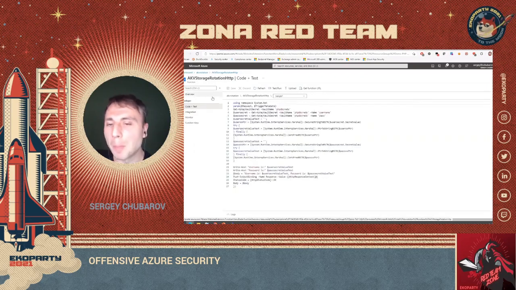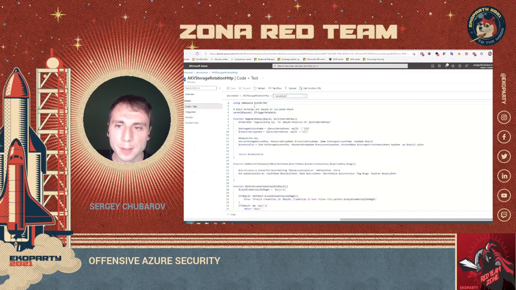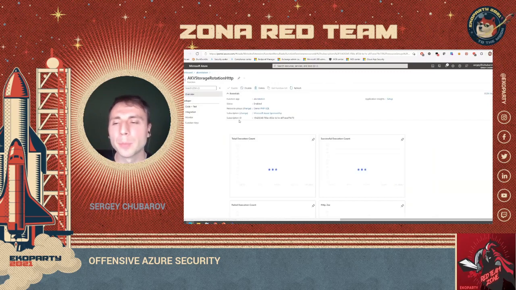And here is my code. To be fair, I already pre-configured this. So the initial code was this one, but I changed this code somehow. How did I do that? The problem with functions,